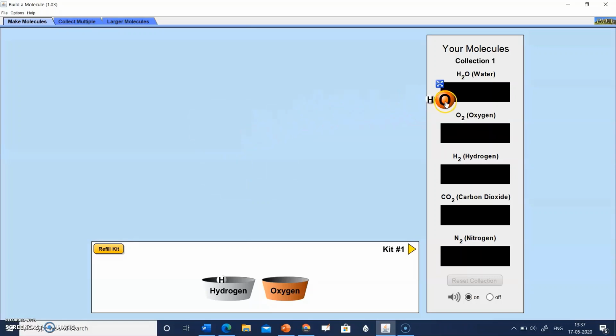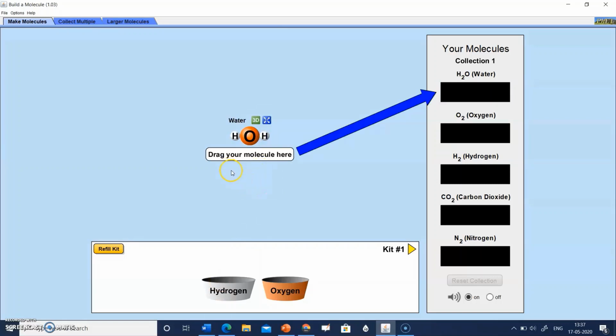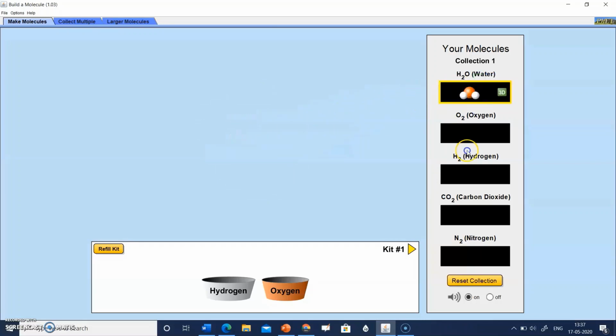So he tries to grab and put it in the water molecule. It will not accept, as this water molecule has not formed yet. So he or she can try again and put one more hydrogen. Now the molecule is formed, and just drag the molecule and put it here.